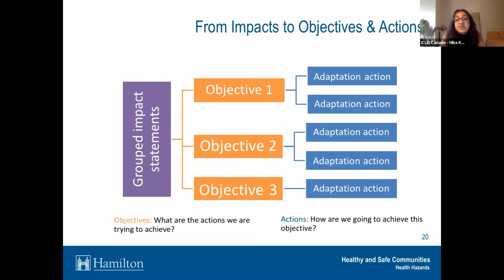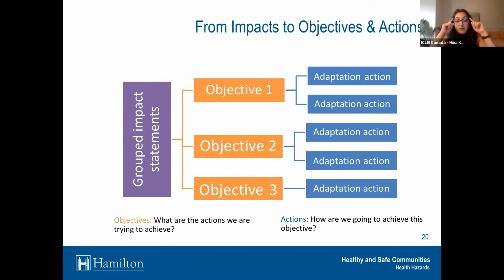So with that being said, here's an idea of how these impacts move into objectives and actions. You saw that list of seven prioritized impacts, those risks, what we're calling risks now. Obviously sometimes the impacts address the same climatic stressors. So we group a couple of the impacts that sound similar or have a similar overall impact, and we group them together into a statement. And then we go from there and establish those objectives.